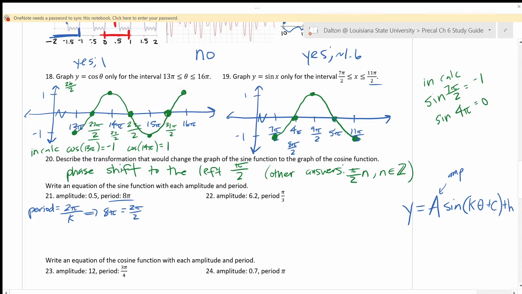If I literally substitute 8 pi in for the word period, then from here I can cross multiply, or just multiply both sides by 2, however you want to think about it. And then if I cross multiply, that should say 2 pi over k, not 2 pi over 2. I don't know where that came from. Okay, when I cross multiply, I get 8 pi k equals 1 times 2 pi,